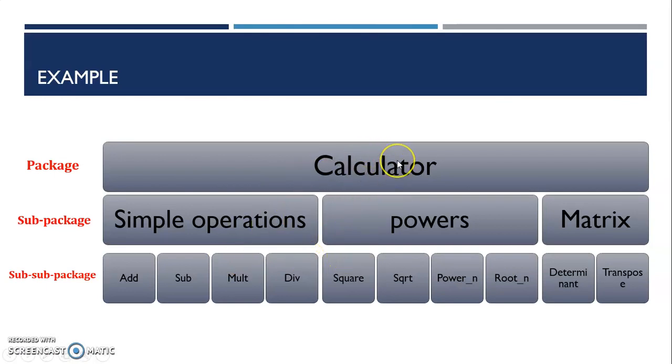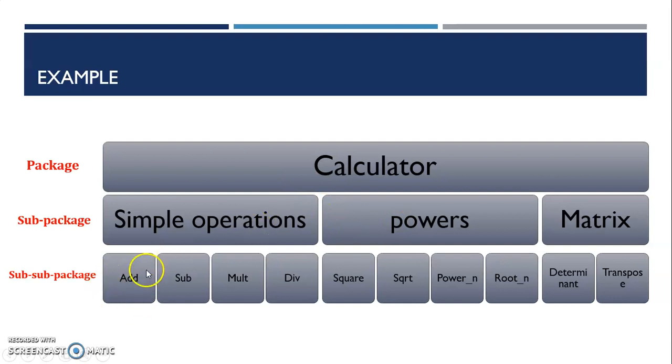You are going to implement the package calculator. Okay, and this calculator is going to implement three different operations. First one is simple mathematical operations, second one powers, and third one matrices. If I am considering this calculator as a package, this calculator is holding three sub-packages: simple operations, powers, and matrices. And inside simple operations, I can define the simple mathematical operations: addition, subtraction, multiplication, and division.